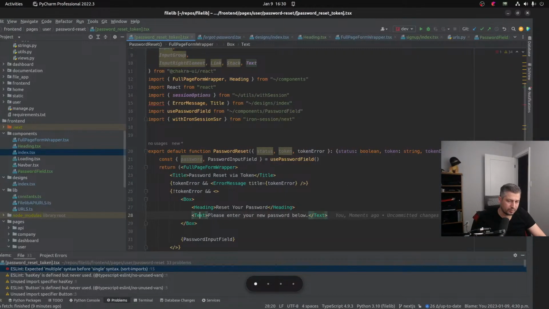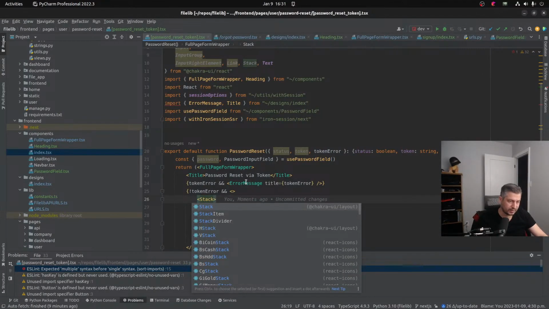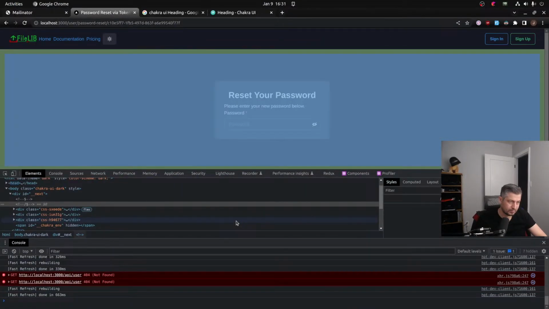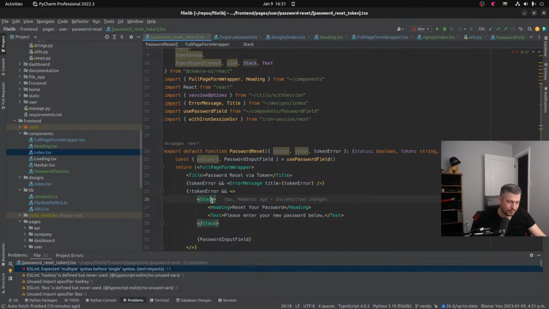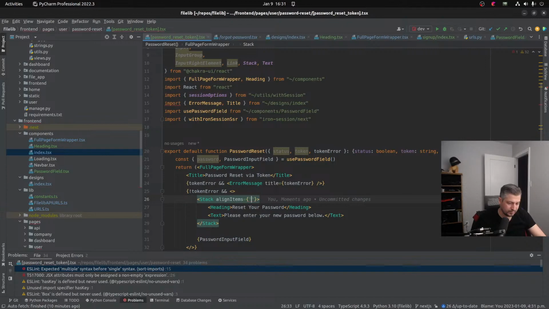Still doesn't align properly. What if I do this stack? Stack, and I'm gonna say align items, center,